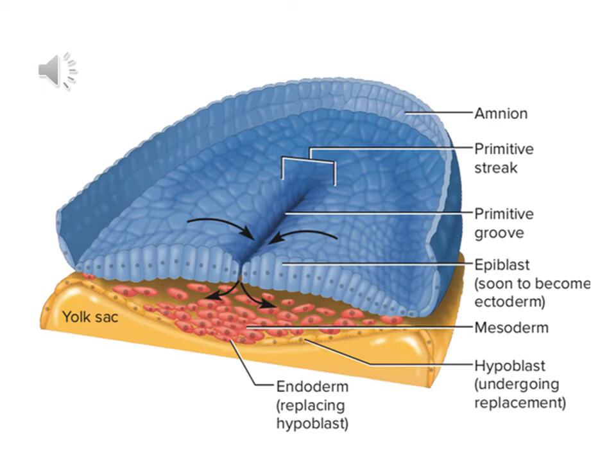Okay, so in this diagram you can see in what way the cells of the epiblast go inside and form a groove-like structure, and in the same way that line goes ahead and forms the primitive groove. The upper part of the primitive groove, which is toward the amnion layer, is known as the primitive node. It forms the head part, and the lower one forms the tail or the caudal part.